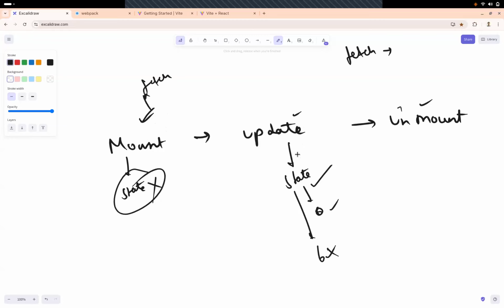And there's a possibility that while updating, we are updating this fetched data. We are maybe setting a set interval, and in that interval every 2 seconds we are changing the page. The first time we were showing the first page of the API, the second time the second page, the third time the third page. We are updating this also, right?